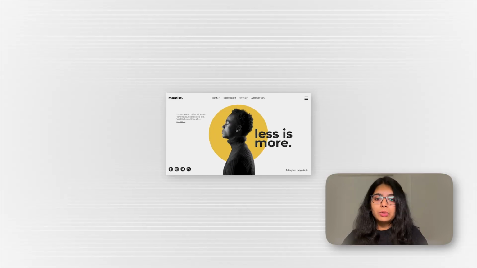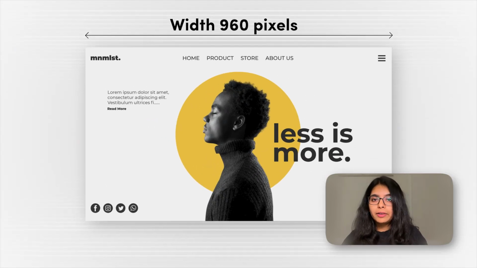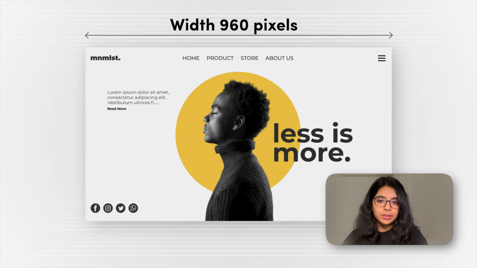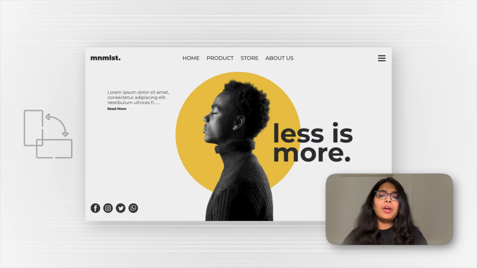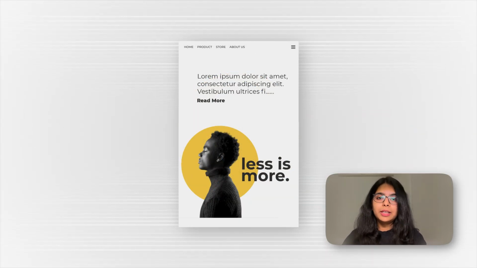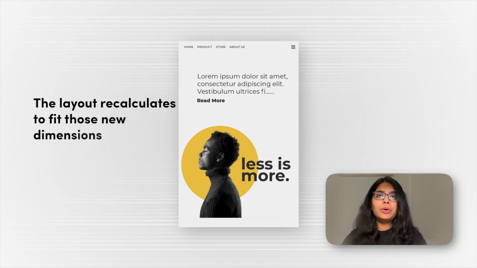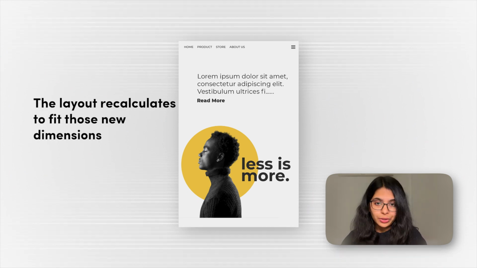Without it, browsers default to a width of around 960 pixels on full screen. But by adding this meta tag, the layout adjusts to match the device's width, making it more responsive. Every time you rotate your phone or resize your browser, the layout recalculates to fit those new dimensions.